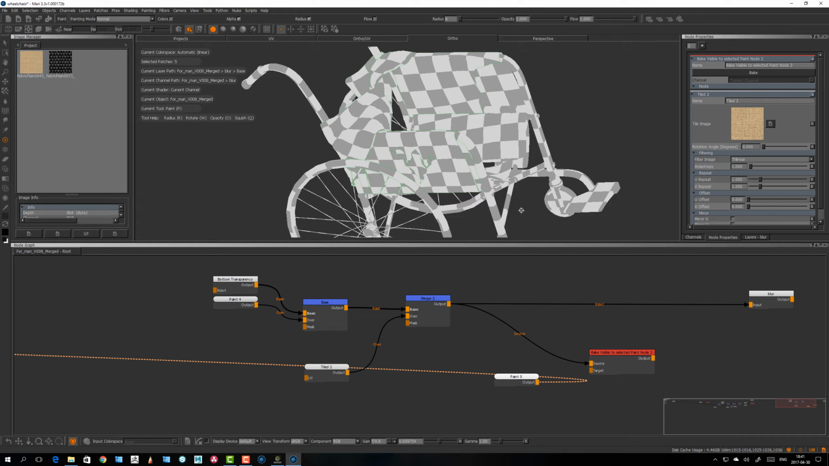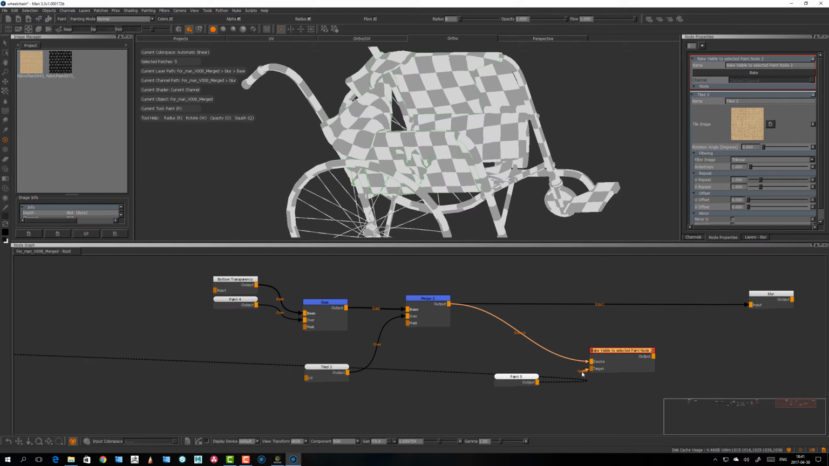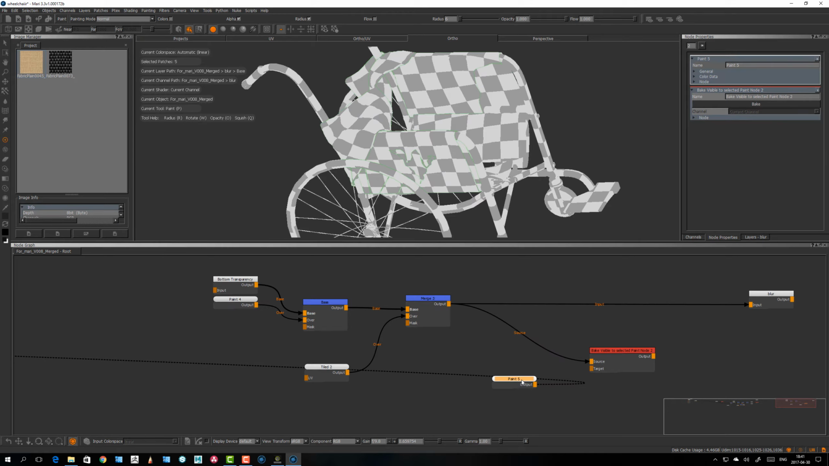So you see now this one is transparent. The bake visible to selected paint node, you could hook this up to visualize what's going to be painted to, but essentially this is not really needed. What's needed is you double click on this one and select this one afterwards. So this one is selected and the paint node is selected. If you hit the bake button here now, it's going to bake down what feeds into the source here